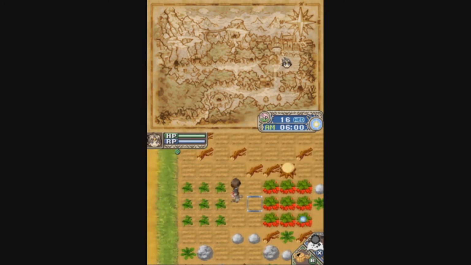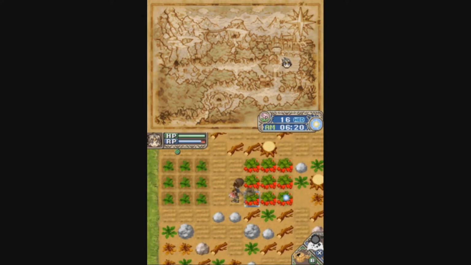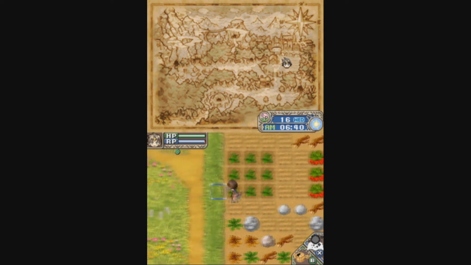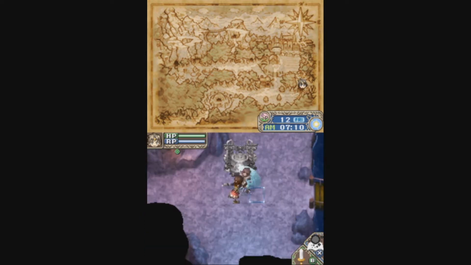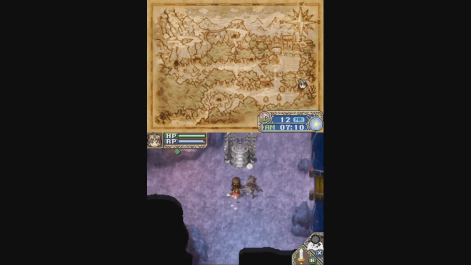In order to restore RP, you need to generate what are called Runies. Runies will appear whenever you have 9 squares of fully grown crops. Collecting them will restore 25% of your maximum RP. Keeping your RP at a healthy level will also help keep your HP at a healthy level. Which is important, because if you die in a cave, then it's game over, and you'll have to reload your